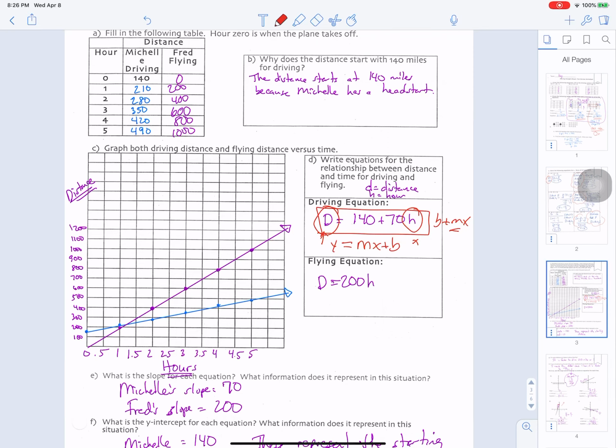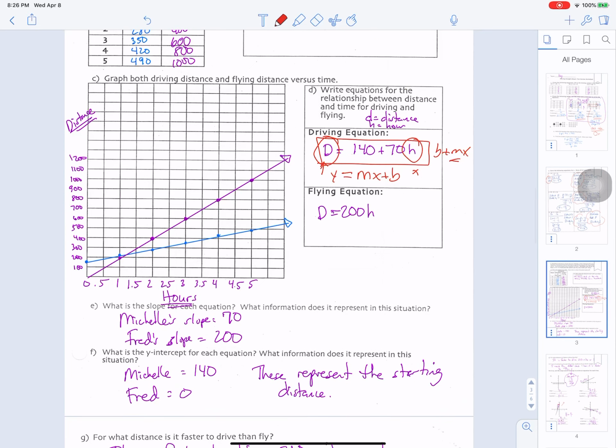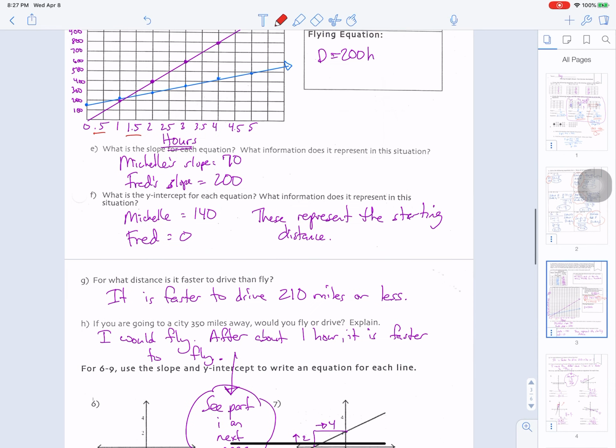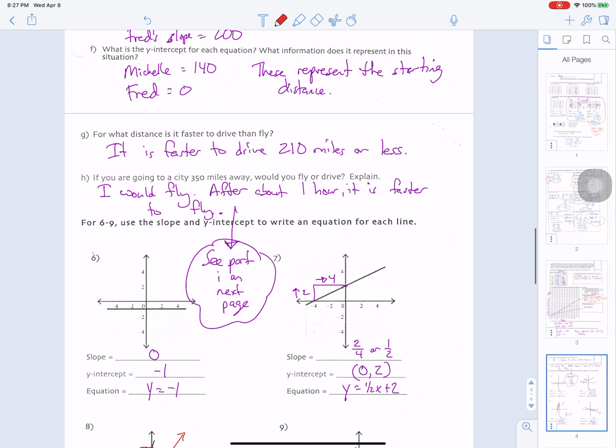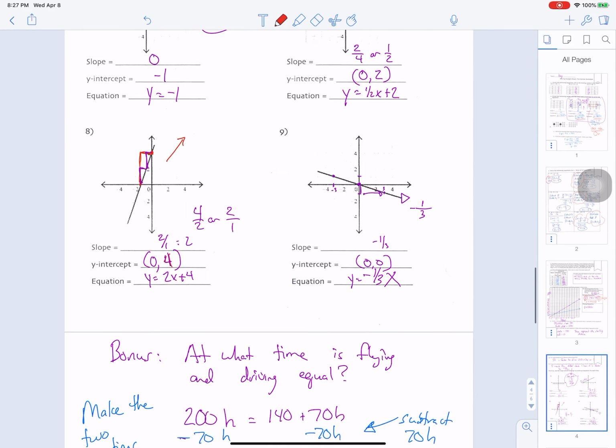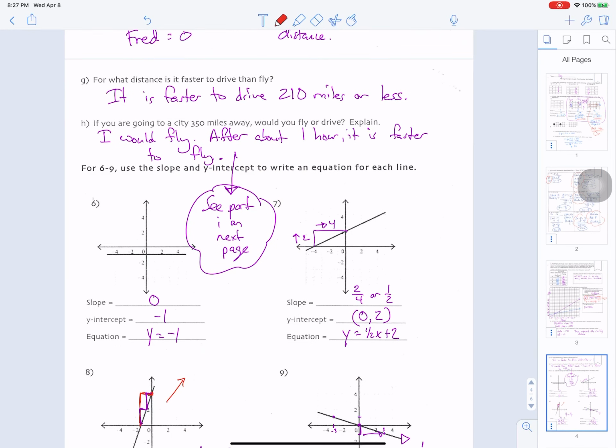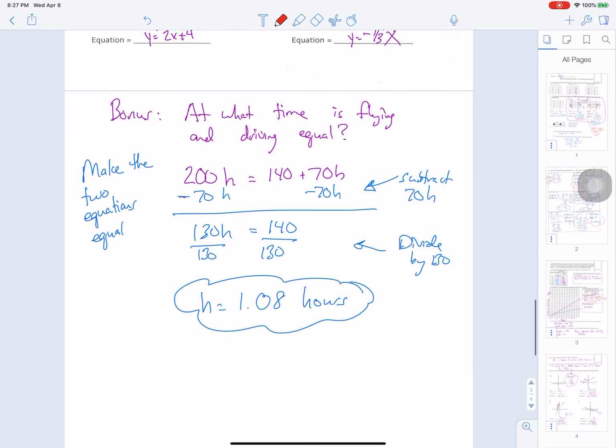It's the rate. I made my graph in halves for the hours. You didn't have to do it like that. If you didn't, your graph is going to be steeper than mine. That's fine. I added a portion because I wanted to remind you that, so I made a part I on the last page. I wanted to remind you that if you wanted to figure out when the equations are equal,